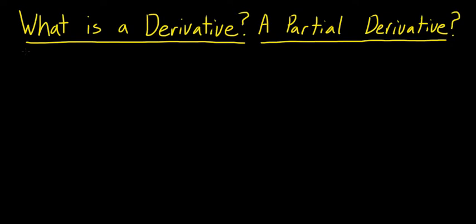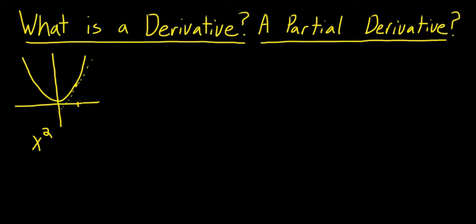In this video, we're going to review what a derivative is and how we use a partial derivative in this class. So if you remember, a derivative is a rate of change, or as it's usually talked about, a derivative is a slope. So if I have a graph here of something like x squared, the derivative of x squared at any point is going to be the slope of the line at that point,